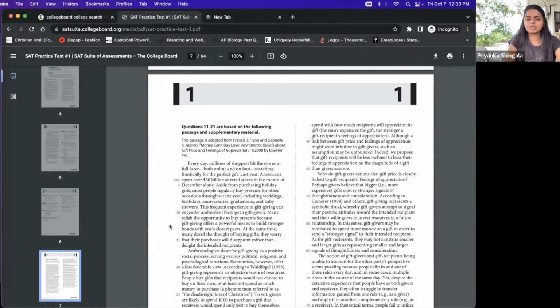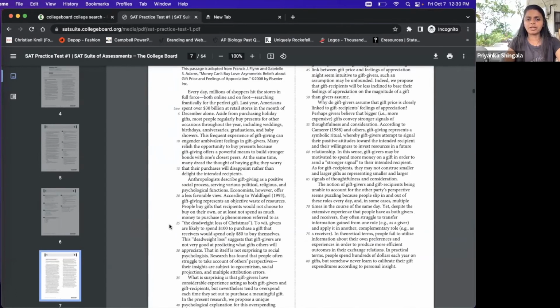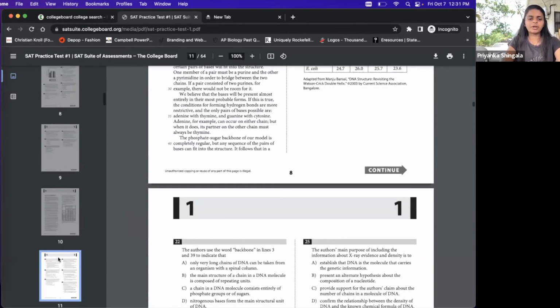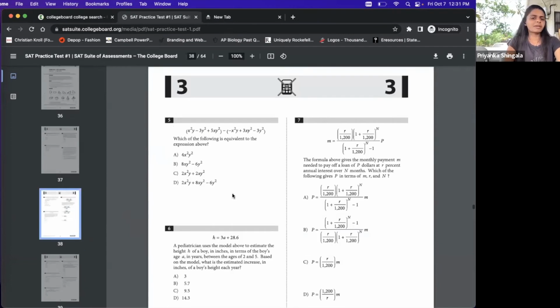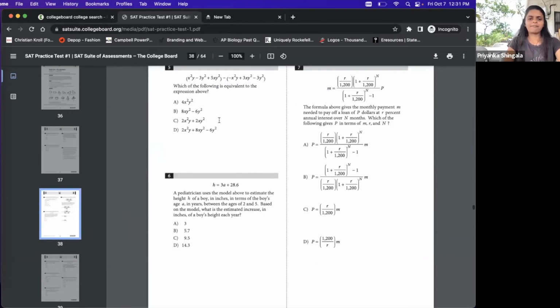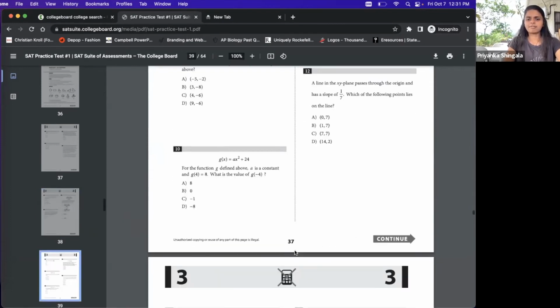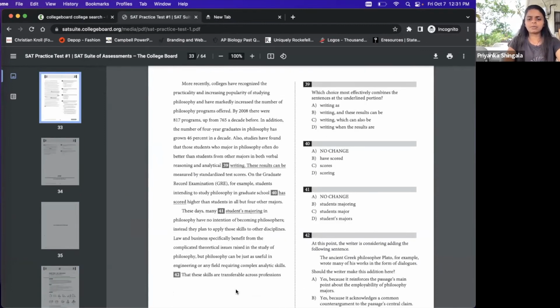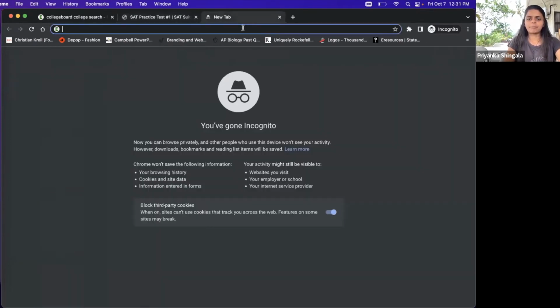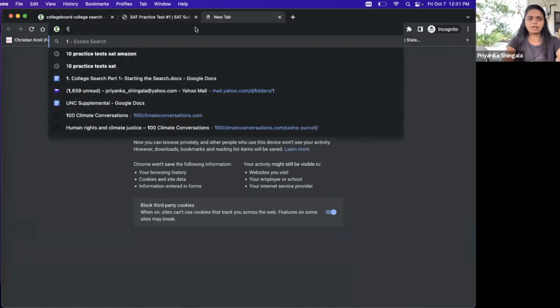But for now, you need to get comfortable with how much margin space you have to work through this and make your notes. Especially for the math section, you know that there's no extra paper given to you. So if you write really big, you're going to need to learn how to fit that into whatever space you have. I usually have students, and if you don't want to print these out, which I honestly don't really recommend because that's a lot of papers to keep track of, and more often than not, students tend to lose the packets because there's too many of them, there's a book from the Princeton Review called 10 Practice Tests.